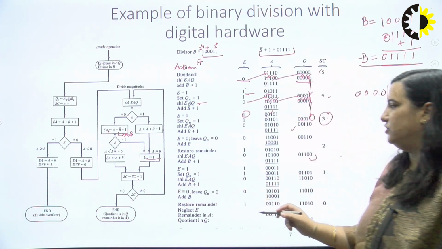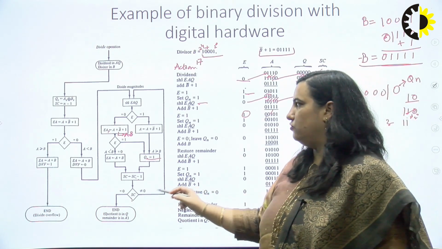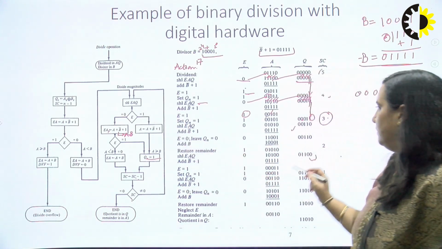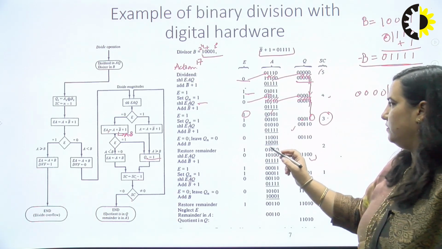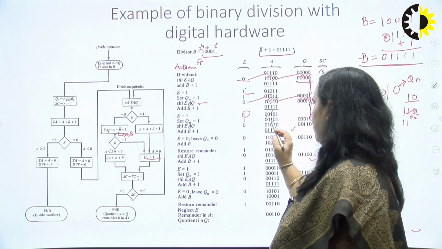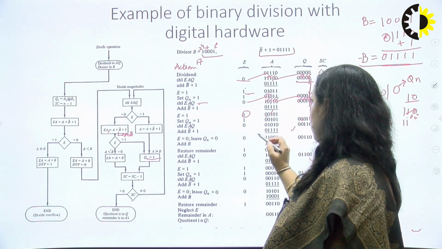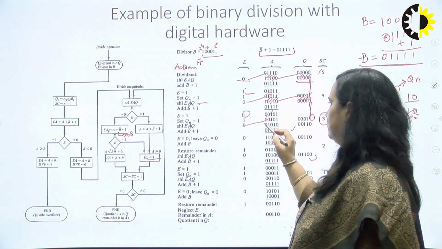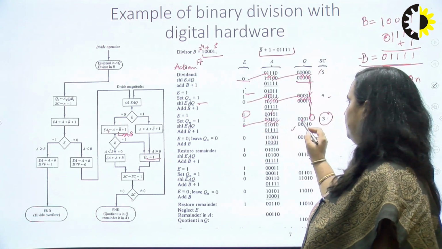After that, we will again check the value of the sequential counter. It is not equal to 0. We will go here. Again, we will shift left. So this value will get here, this 0 will get here, and this here. After shifting these values,